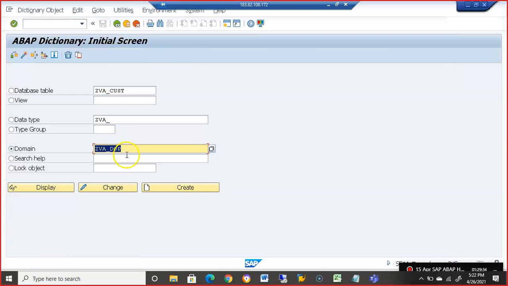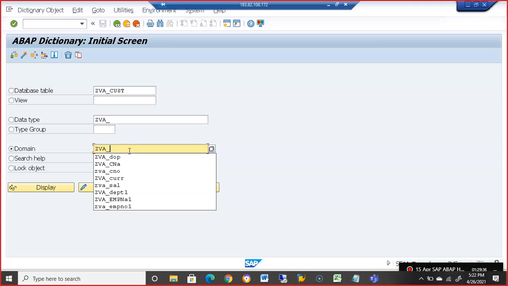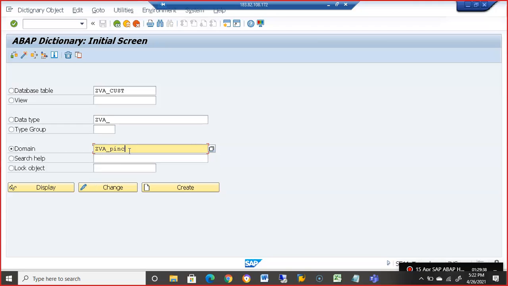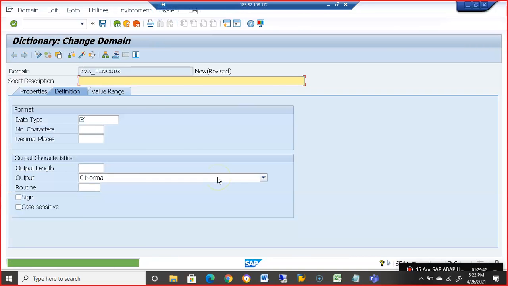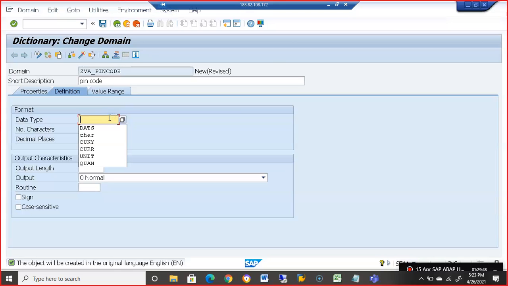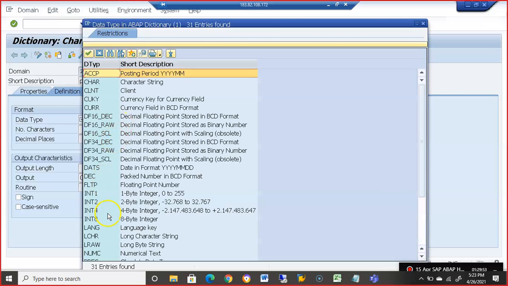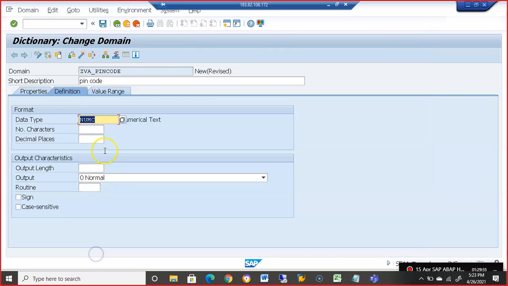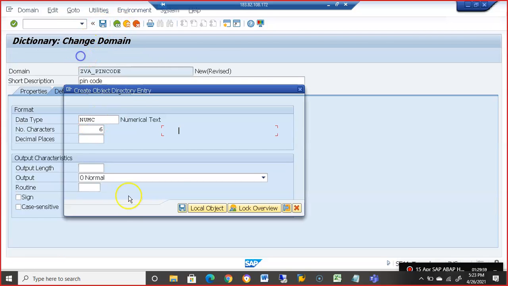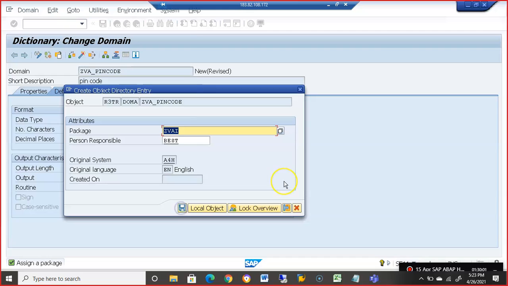Then we have something called pin code. You can also give something like pin code. Create. Pin code can be of only 6 characters, so 6 numbers. So I'll give it as numeric, because we have not taken anything numeric yet. Just want to take it as numeric text. And here I'll give the length as 6, because in general the pin code is always 6 numbers.